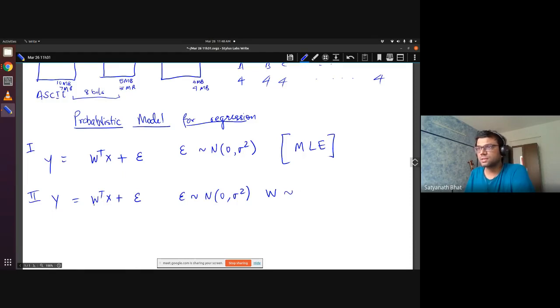You can understand that this is a vector in general because there are at least two of them, one corresponding to the bias and one corresponding to the X. So it's a vector. This is going to be a normal distribution with mean 0 and variance, let us say, alpha squared I. So this is your covariance matrix. In a multivariate Gaussian, you get a covariance matrix, right? So that is what it is. Do you follow what this is?